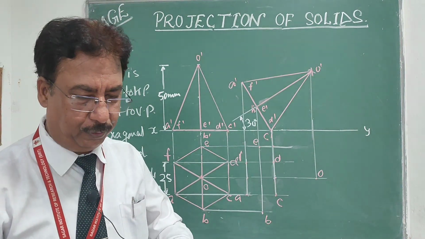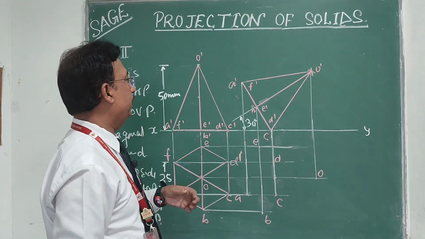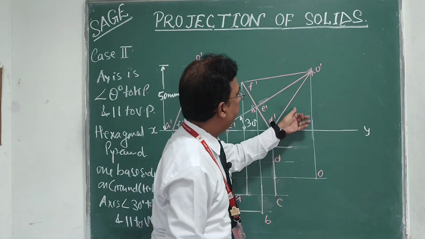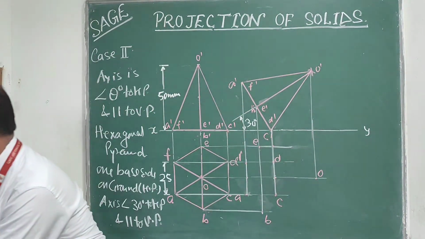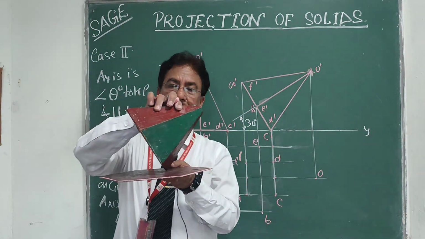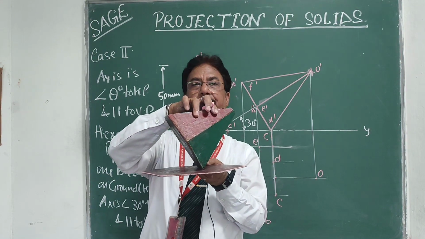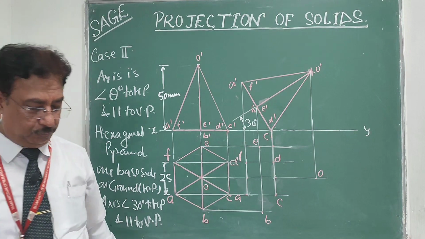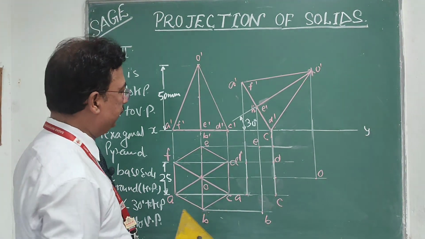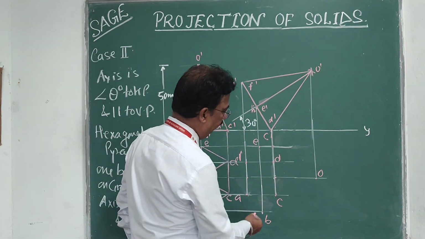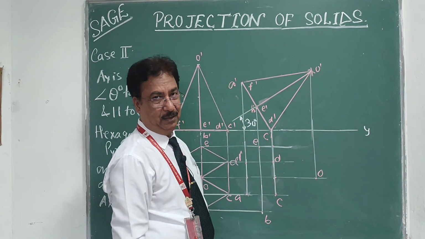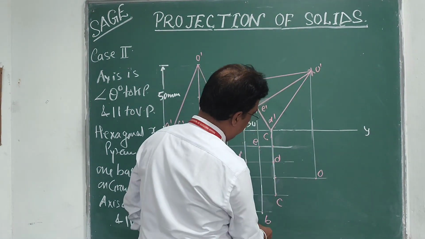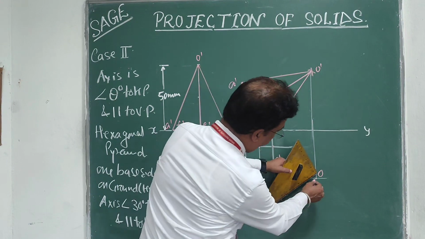Now look from the top. As we are looking from the top, the apex will be away from the reference line. So as you know, in the case of a pyramid, whenever the apex is away as compared to the base, in the top view the base will not be visible. So for joining this final view, when the base is not visible, we will start with the apex. So from the apex I am going to start, and initially I will join the extreme part of the solid.